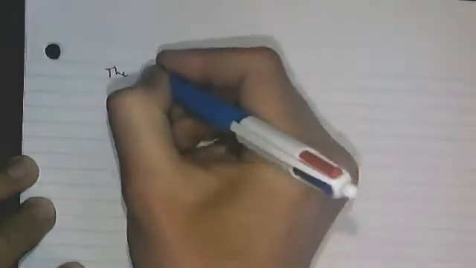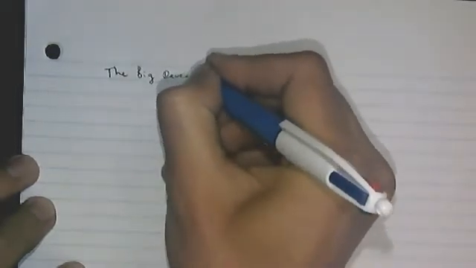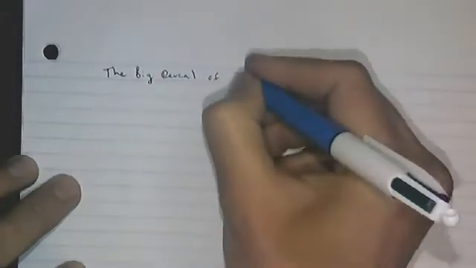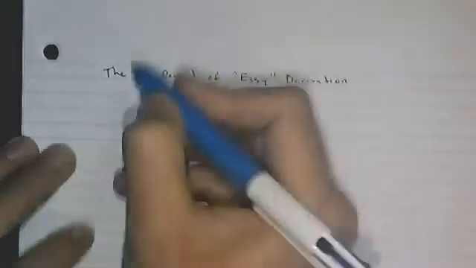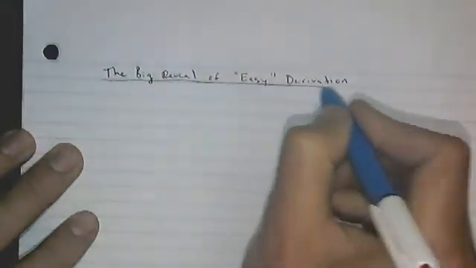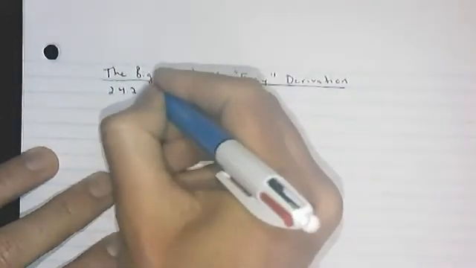So here's the big reveal. I'll call this the big reveal because I just said it. Big reveal of easy derivation. Derivation, process of finding the derivative. And the big reveal is the power rule. The what? The power rule